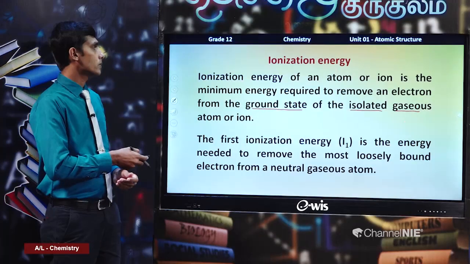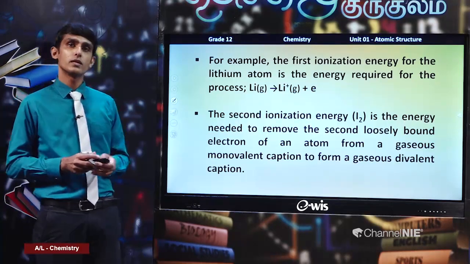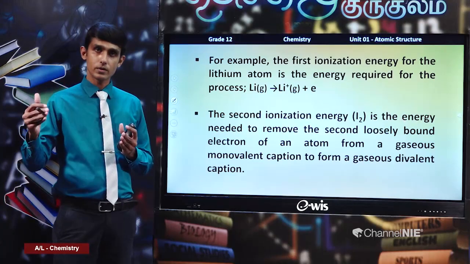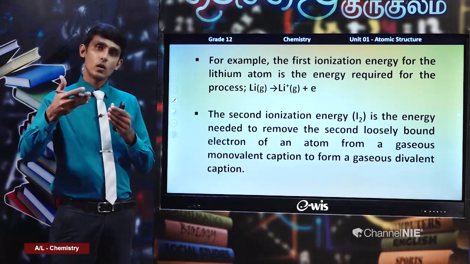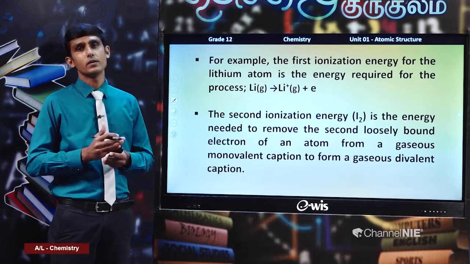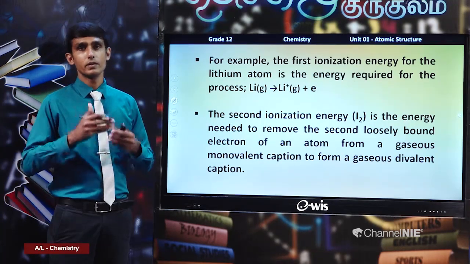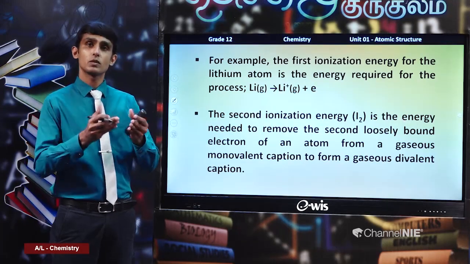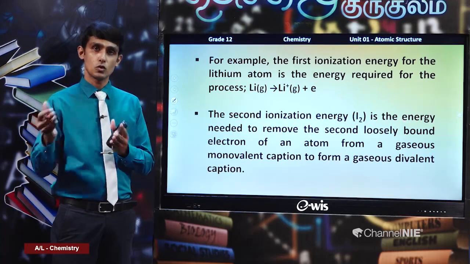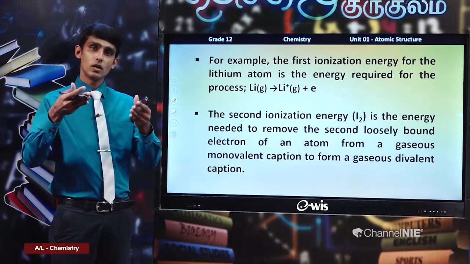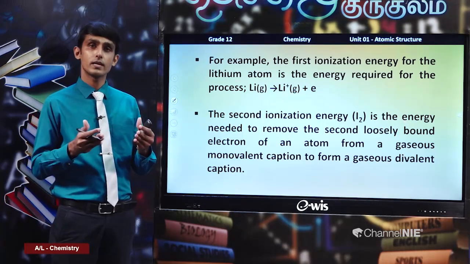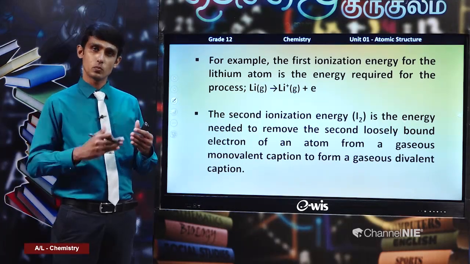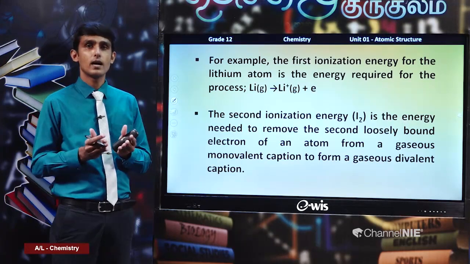Now, here we are going to discuss the variation of the ionization energy across a period in the periodic table and down a group of the periodic table. When we move across a period, what happens to the first ionization energy, what happens to the second ionization energy, and so forth. And when it comes to a particular group, what happens to the first ionization energy, or any given ionization energy, when you move down the group. These things are discussed under this part.